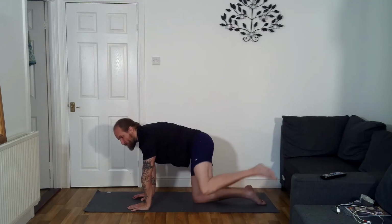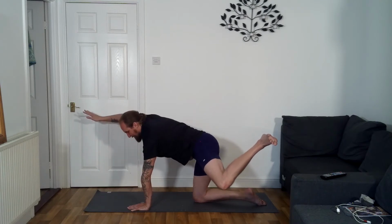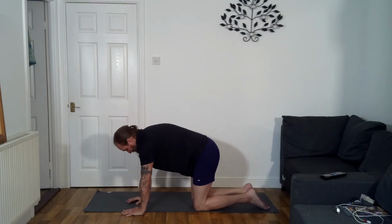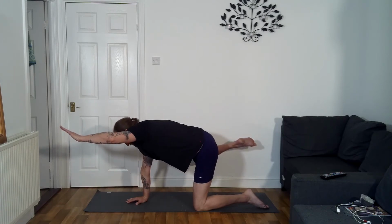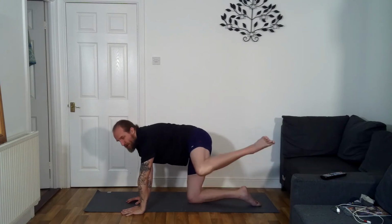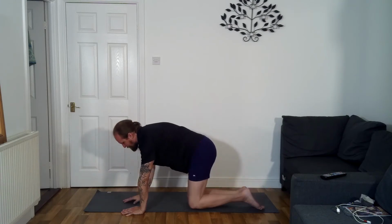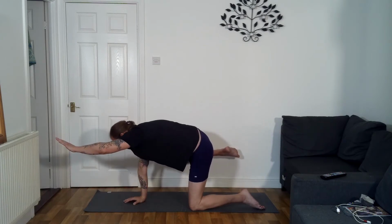From all fours, we're going to, so the left leg, you've got the legs bent, we'll lift the left leg up and to the side, and we're going to raise the right arm up as well. So pressing down through that left hand to help, and then back to all fours. So the right leg stays bent, lifting it to the side, raise up left arm, and down. Left leg to the side, raising up your right arm, and then back down. Lifting right leg to the side, lifting up your left arm,